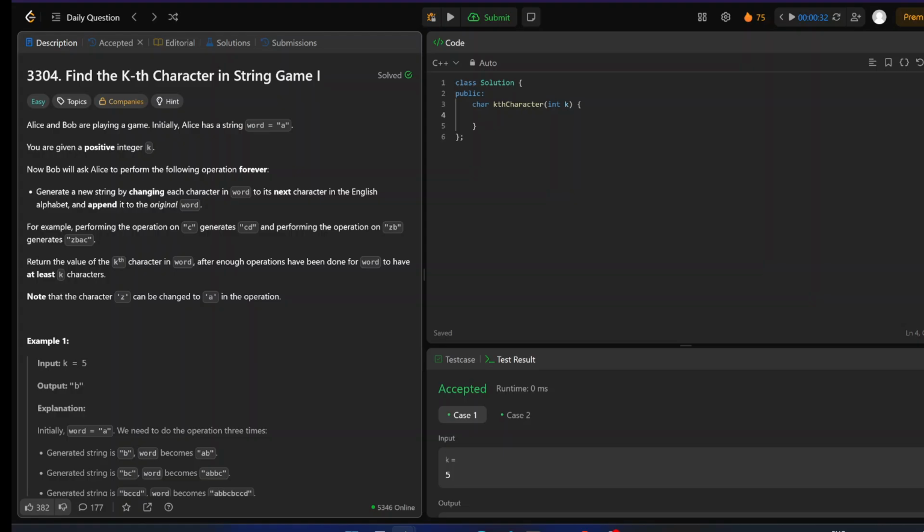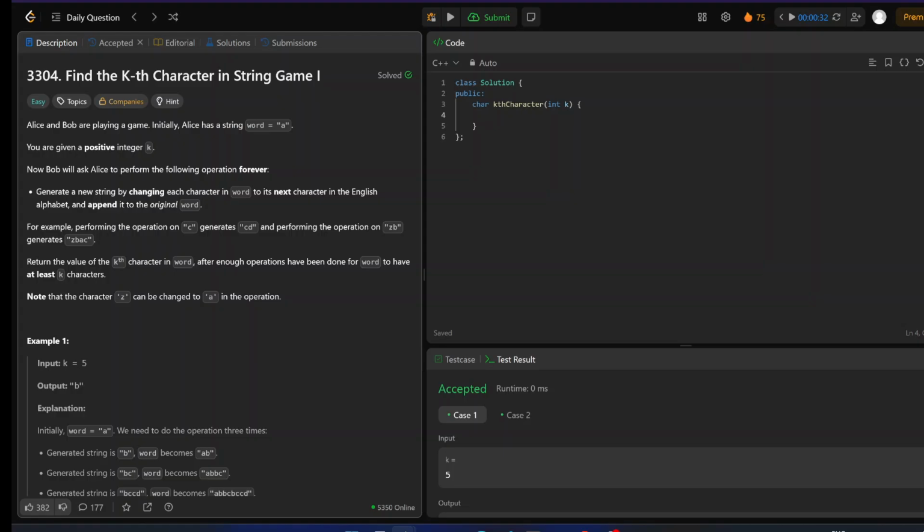We have to iterate the string from the start, and for each character we have to append a new character which is the next one of that character. Like if the character is a, we append b; if the character is b, we append c, and so on.